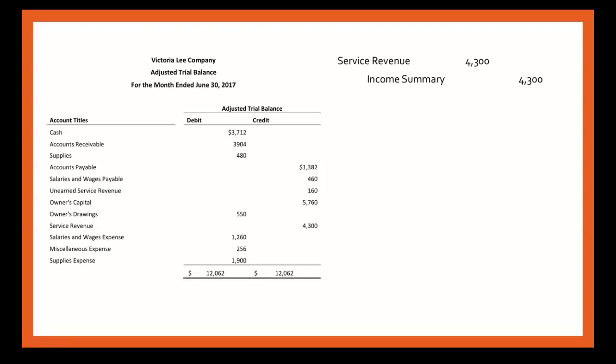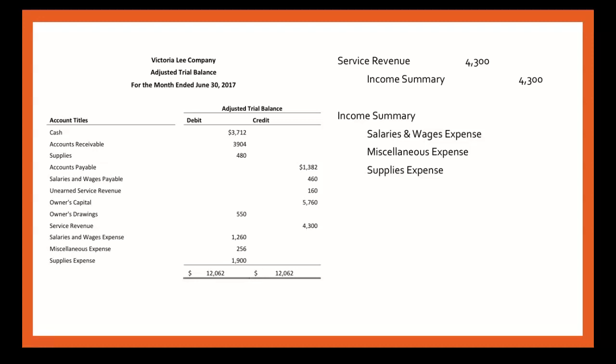So to close those, we are going to need to credit our expenses. And then we are closing our expenses to income summary. So that means we will debit our income summary. Right? So we combine the closing of the expenses all into one journal entry. Right? We don't want to make separate journal entries for each individual expense account.